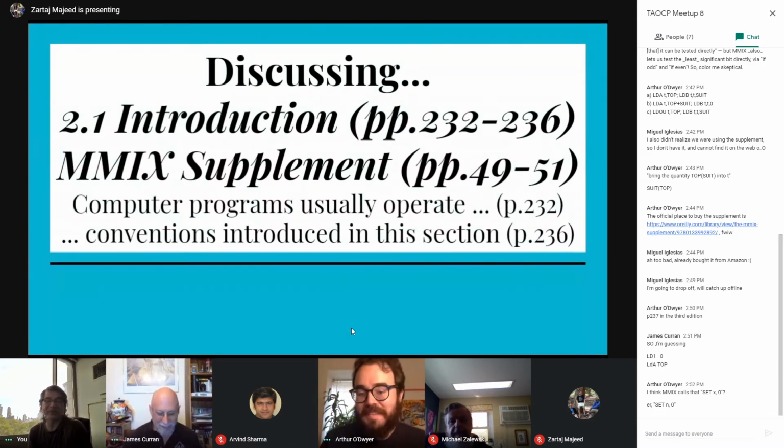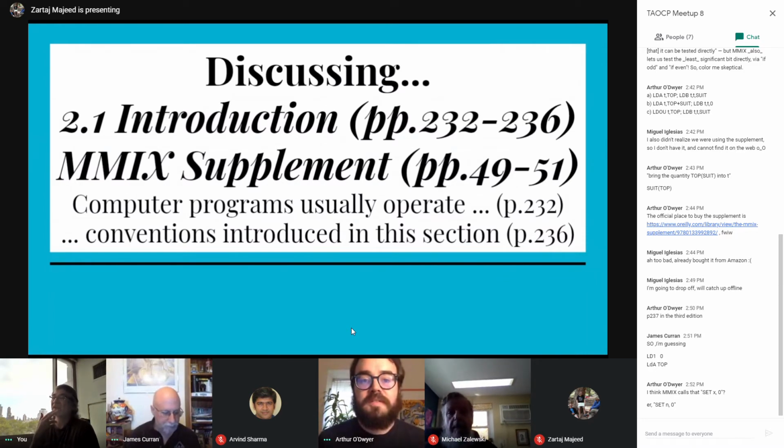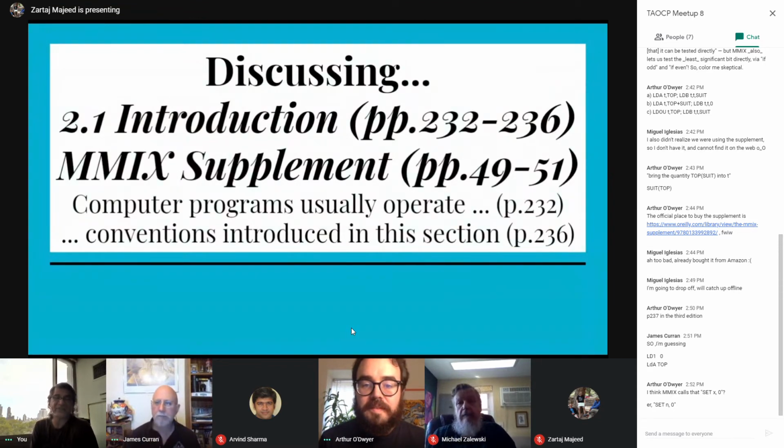Right, so we've set n to 0 using a set instruction, and then what we want to do is load top, or actually we want to get the value that's stored at the address associated with top and get that into a register. Okay. So that would be